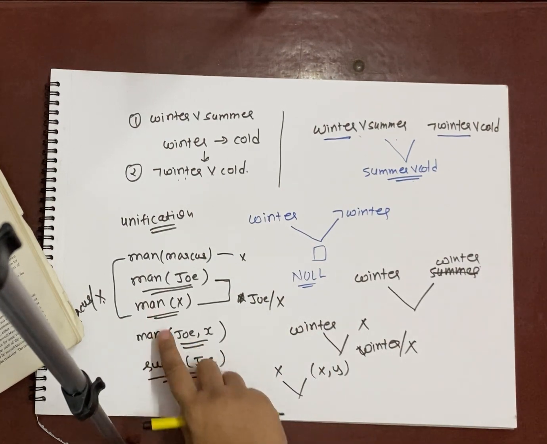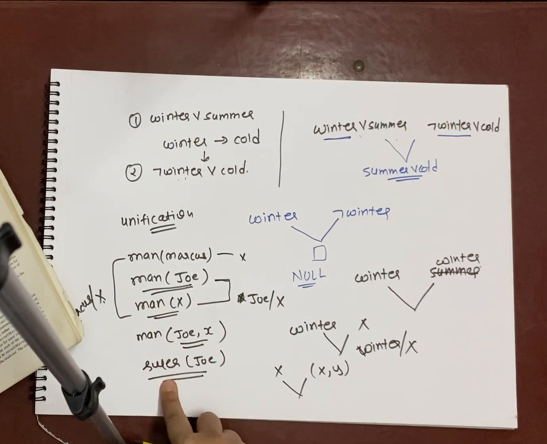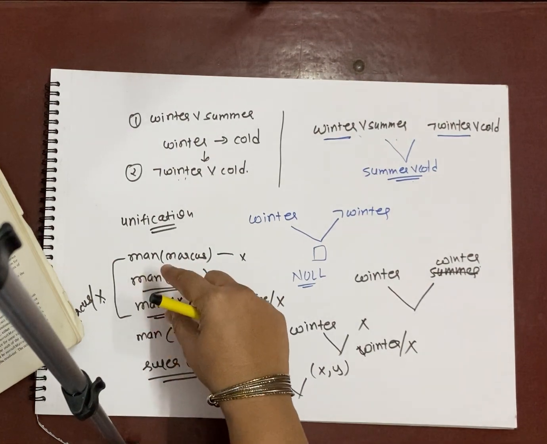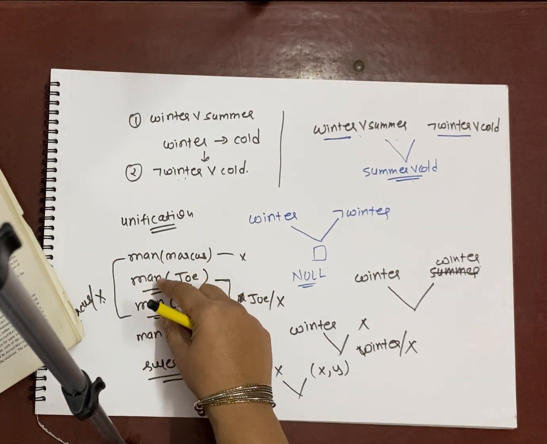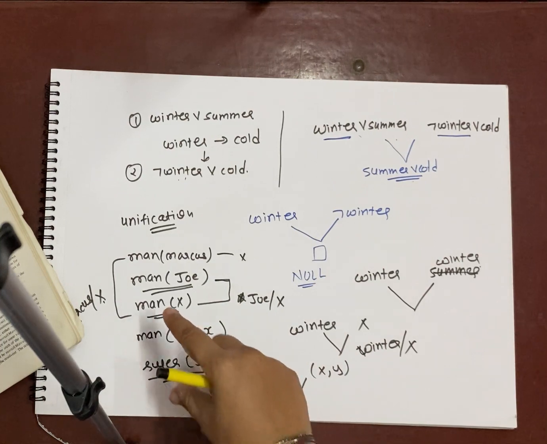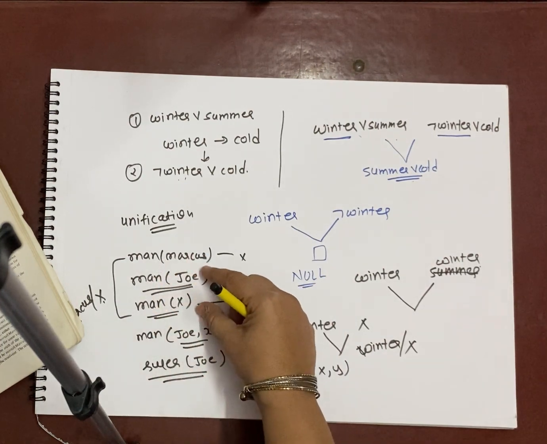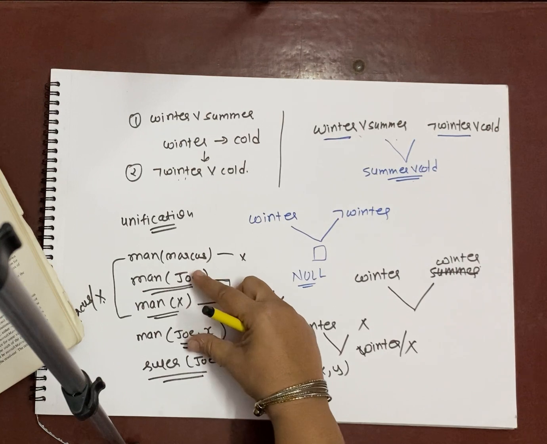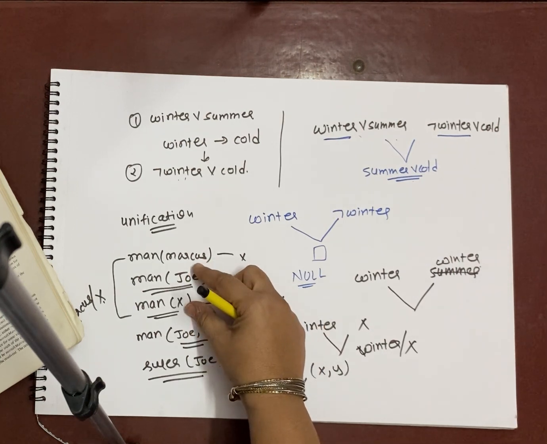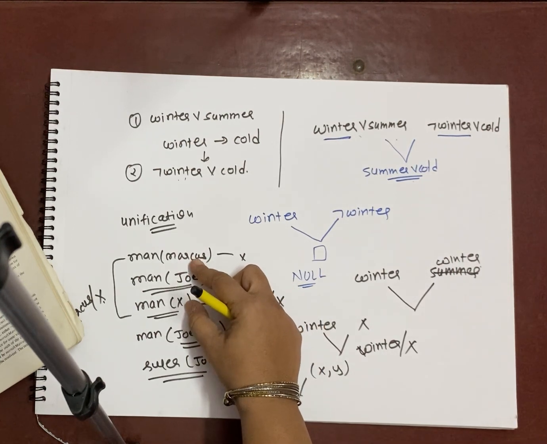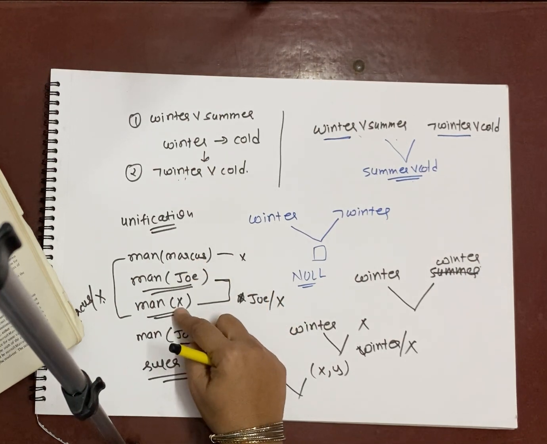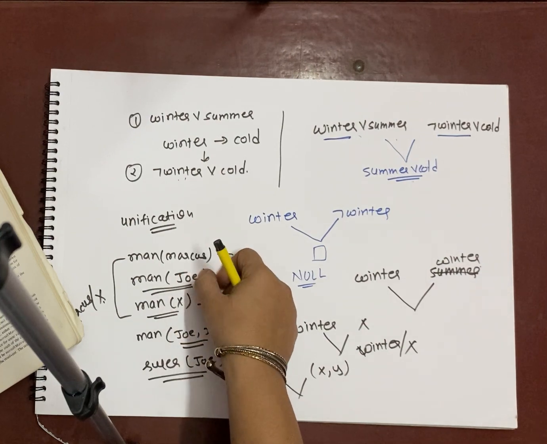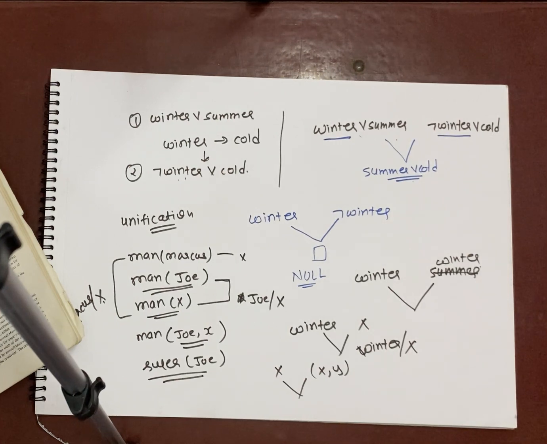If you have predicates available with arguments, then the name of the predicate should be exactly same, then only the unification is possible. Once again, if the name of the predicate is not same, then unification will fail. If it is same, the number of arguments should be same. If the number of arguments is not same, then also it will fail. If the number of arguments is same, then if an argument is an atomic value, the atomic value should be same. If not, then the variable should be holding the atom value, then only unification will be possible. So this is the algorithm of unification.